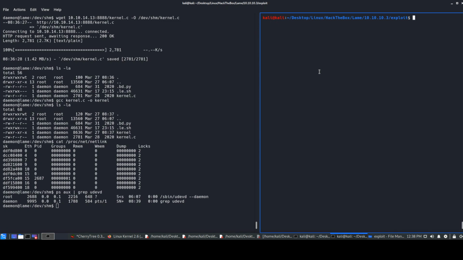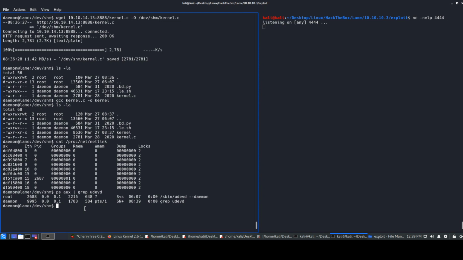So what we'll do is first we'll again have the netcat listener, nvlp 44444, like mentioned earlier. Okay, so now we will create a new file which will be our reverse shell. So we'll just create a run file. Sorry, we'll create a new reverse shell file as run. So we will just echo